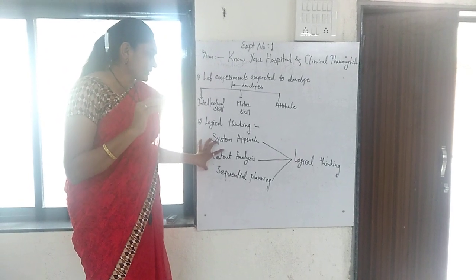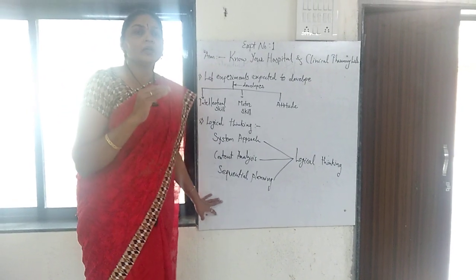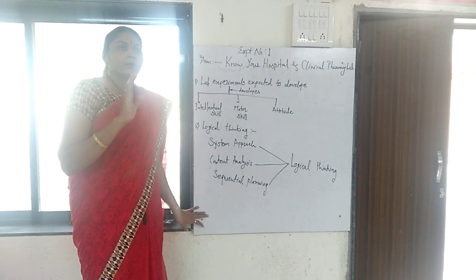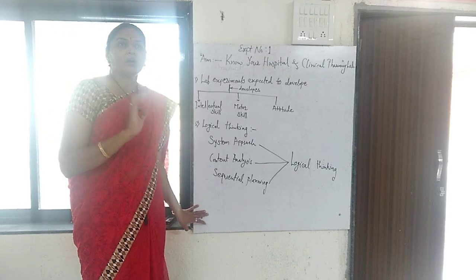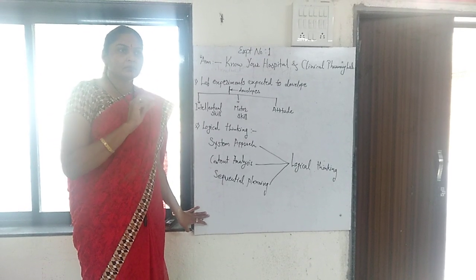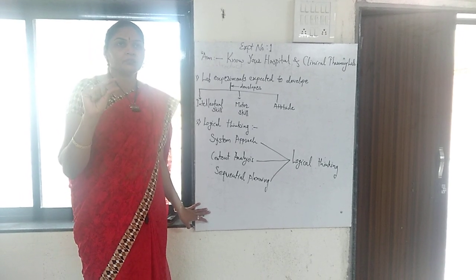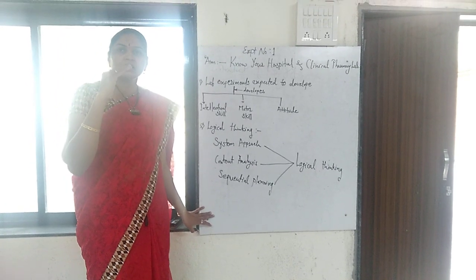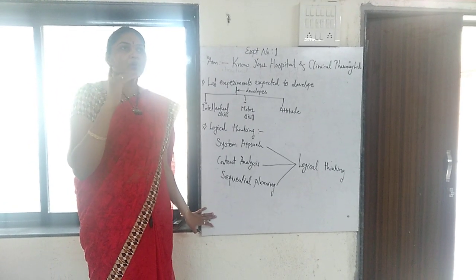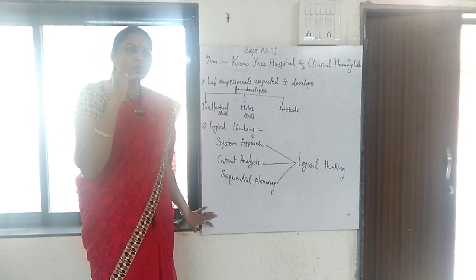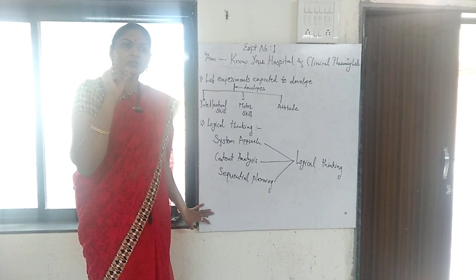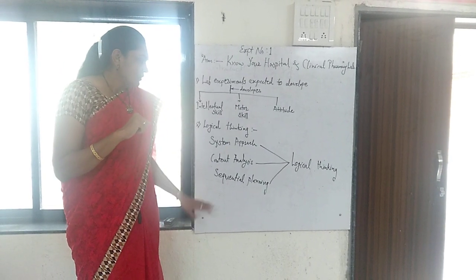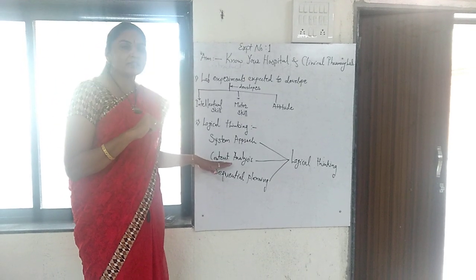Then content analysis. Suppose I have said you have to measure 10 ml of water. 10 students will measure the 10 ml of water. But that quantity will not be the same, because some will take the upper meniscus, some will consider the lower meniscus, some will consider accurate. So there is somewhat of a fraction of difference between the measurings of 10 ml. So you have to do content analysis.